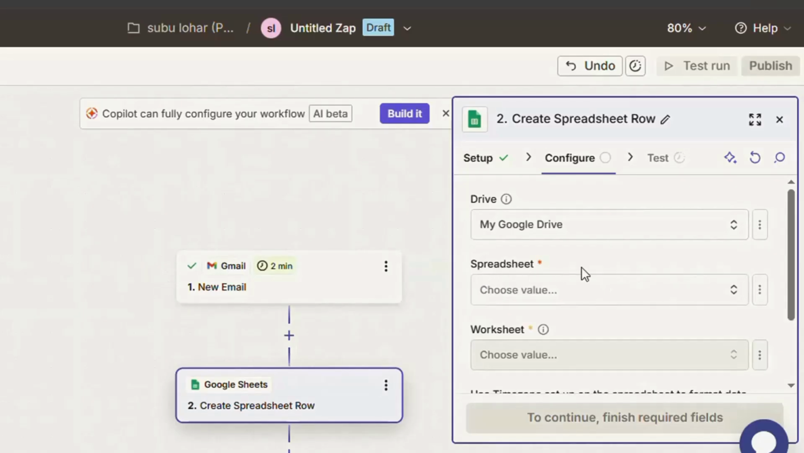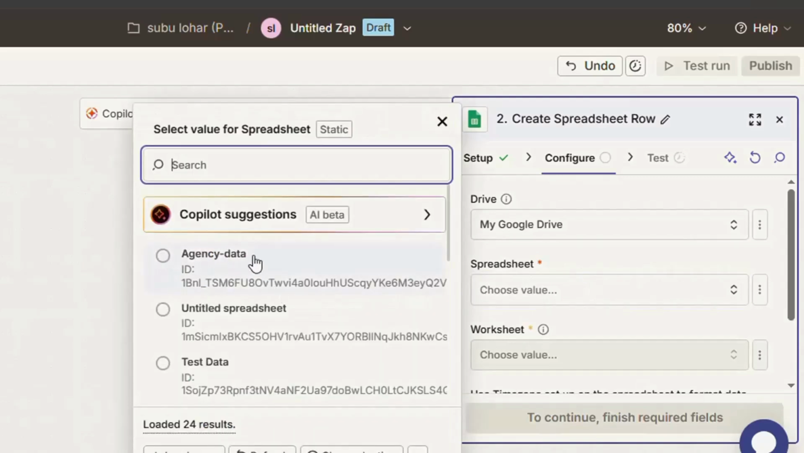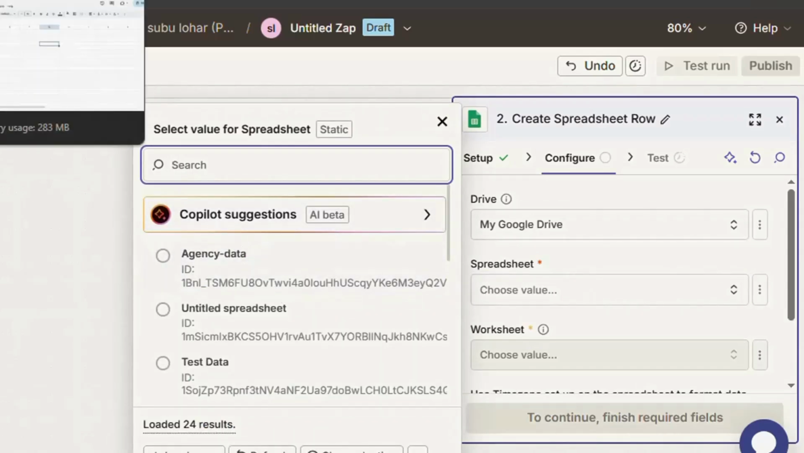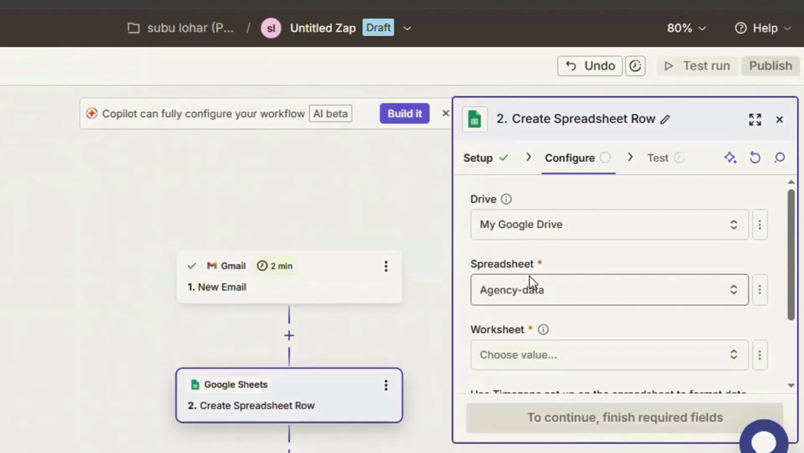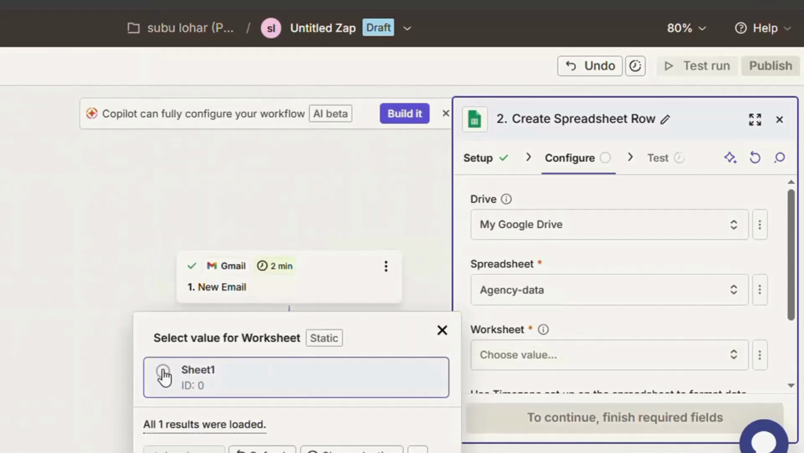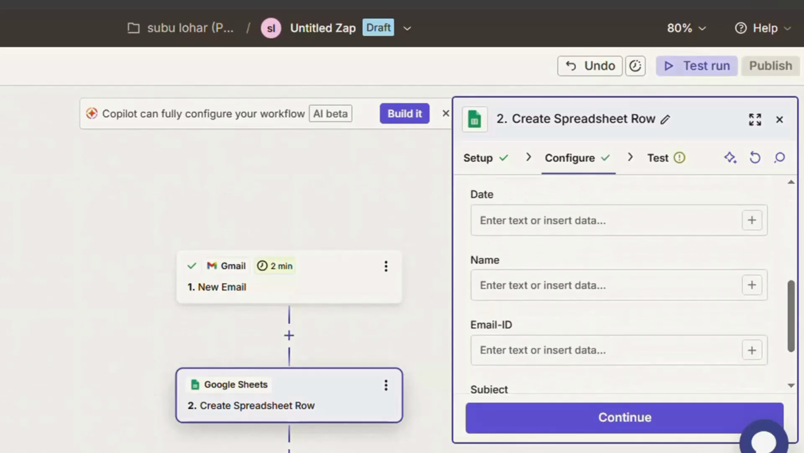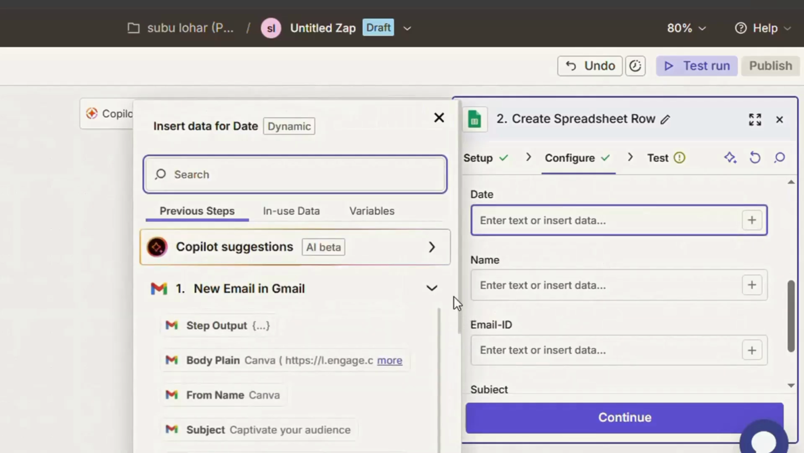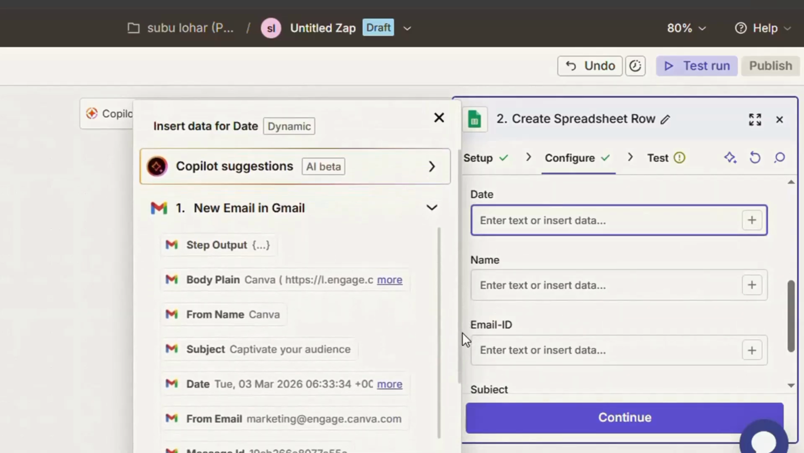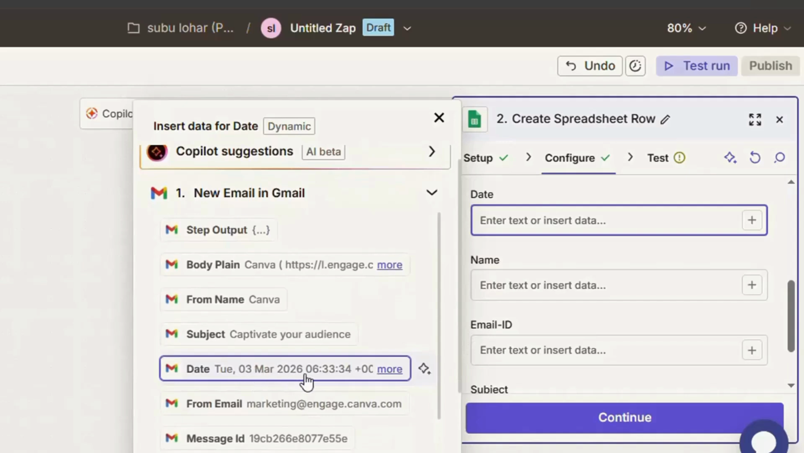Next, Zapier is asking which spreadsheet I want to use. Now we will connect the spreadsheet we created in the beginning. Select your spreadsheet and inside that spreadsheet I will select the sheet tab, that is select sheet 1. Now we will tell Zapier which email information should go into which column. Think of this like matching information. If your sheet has columns like date, name, email, and subject,